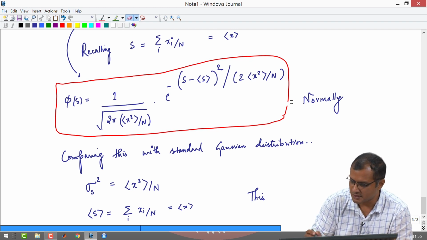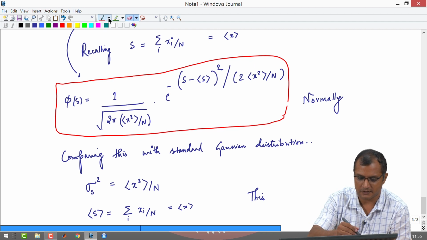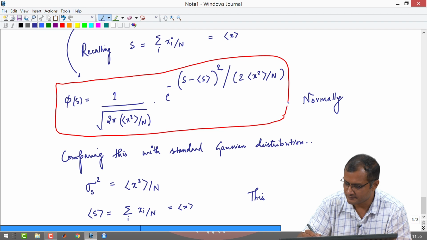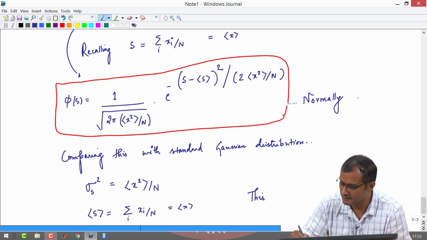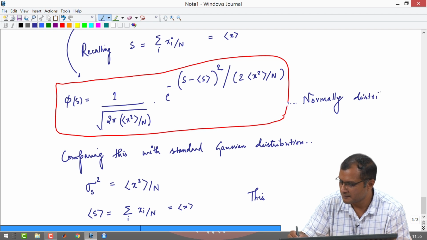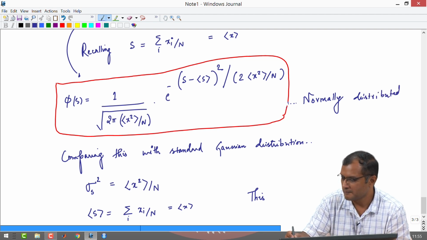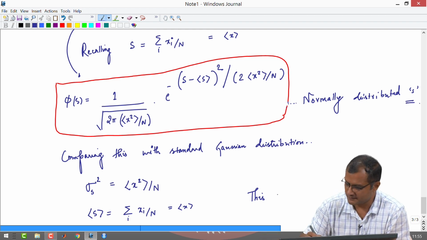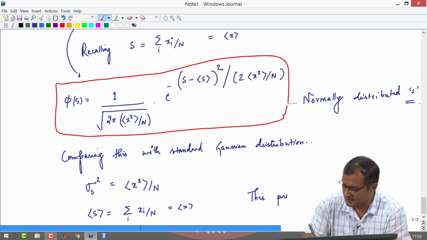Okay. So, this is the take home message of our discussion. So, S is normally distributed. Okay. So, this is the end of this, this proves the central limit theorem,